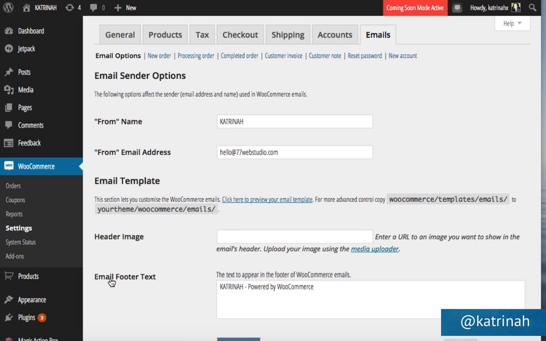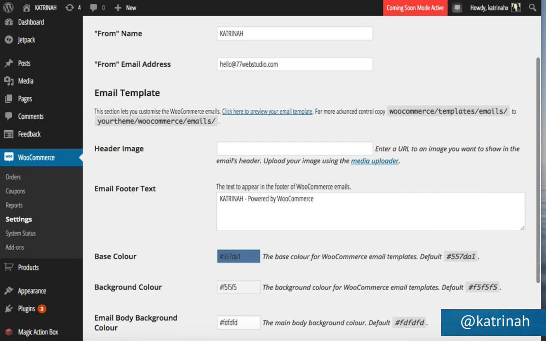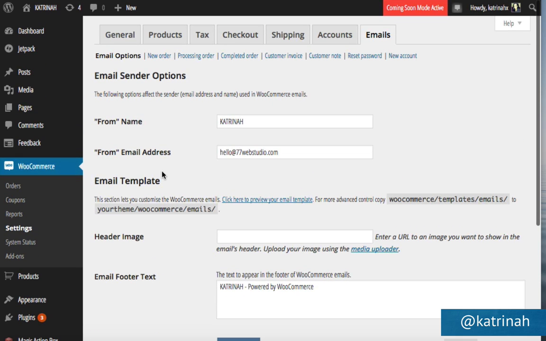Then down below, you can change the email footer text by just adjusting that right here. And if you'd like to change the colors of the email templates to match your brand, you can do so right here. Once you made your changes, go ahead and click on this button that says Save Changes. To review the different templates and see what's going to be going out to your customers, you can click on each of these different links and you can see the message that's going to be sent. Once again, I prefer just leaving the default, so I'm not going to change anything. I just wanted to point it out in the event you want to customize your message.